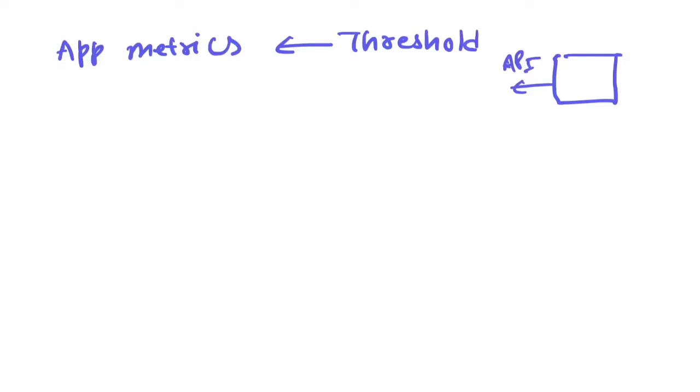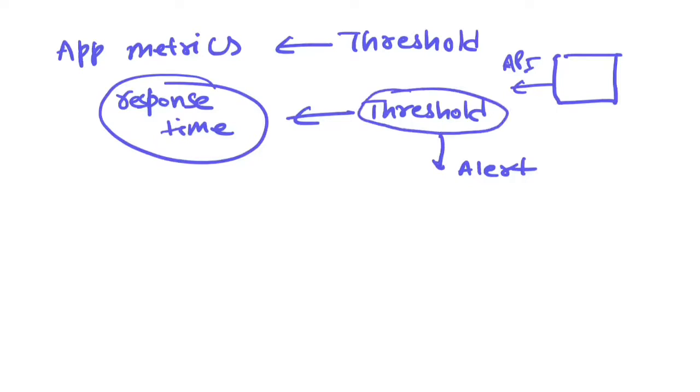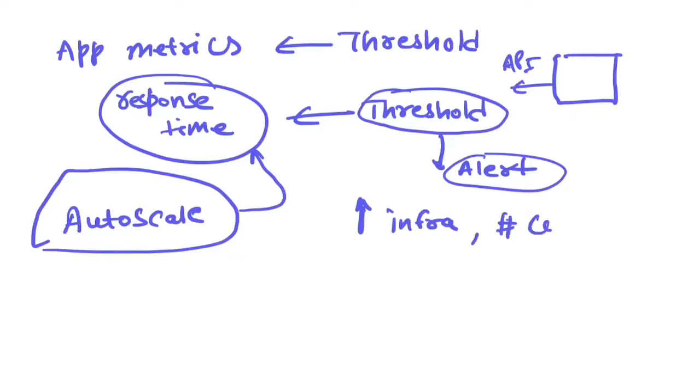Let's say if that response time is something which you want to capture as a metric, then you can define a threshold over response time, and if this threshold breaches, you can get an alert. So you can get an alert in case your response time breaches your threshold. Along with the alerts, you can configure auto scaling feature also. So Heroku provides auto scaling feature also. What it says is that, let's say if your response time has increased, you can increase your infra also. You can increase your number of containers, or you can increase your number of Dyno instances.